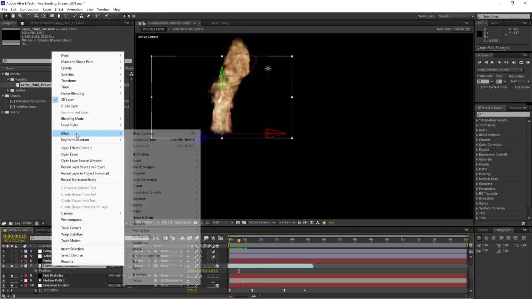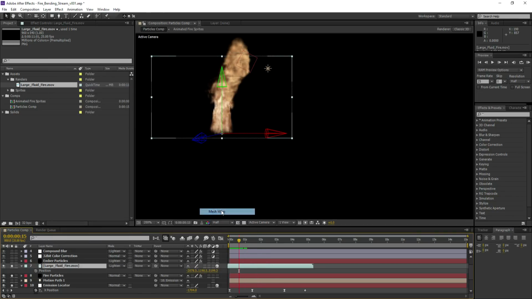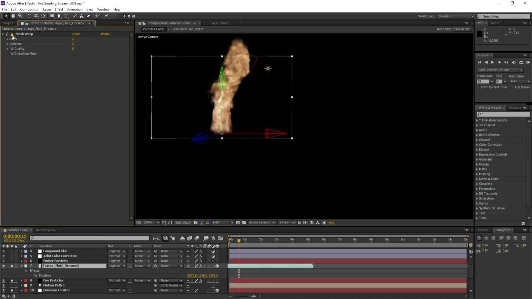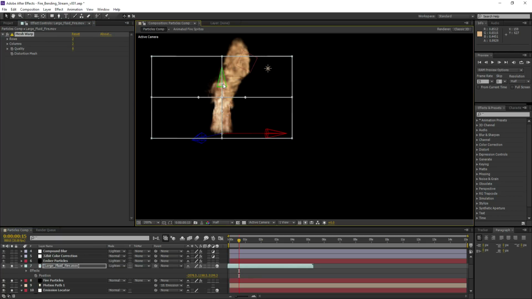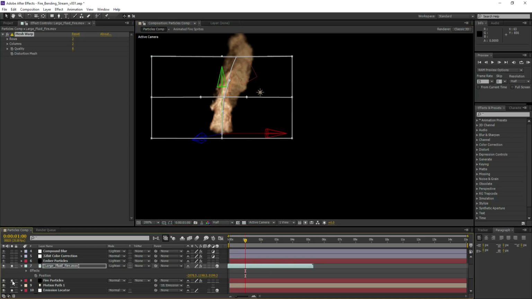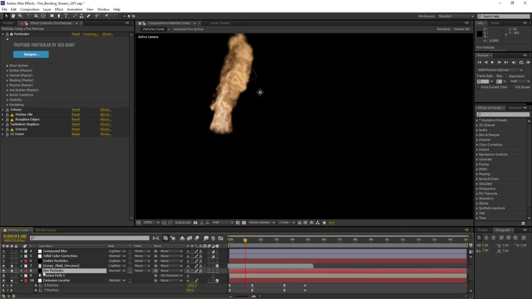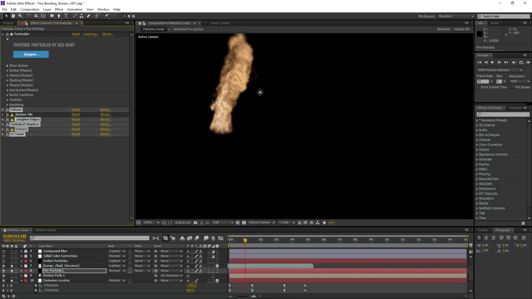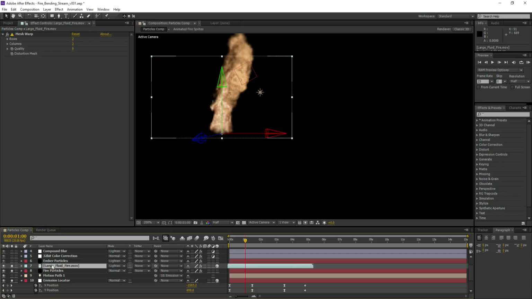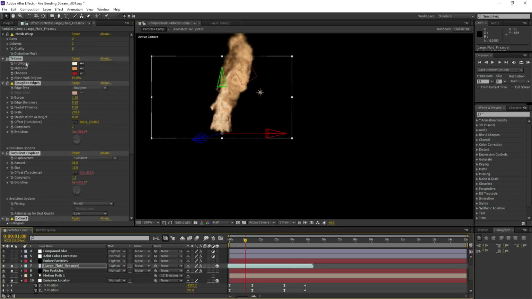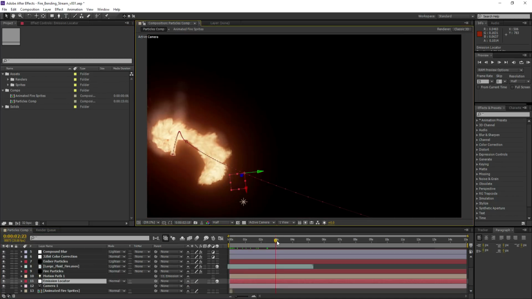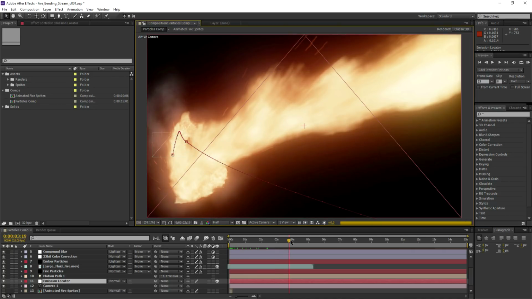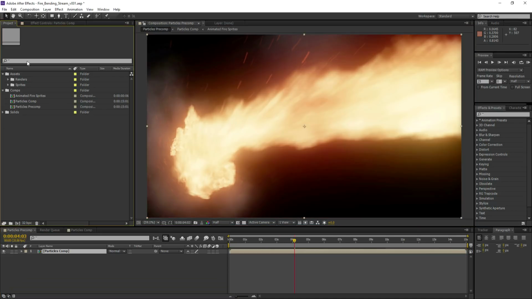Then from the effects menu, create a mesh warp and reduce the rows and columns to 2. Adjusting the mesh handles allows us to morph the fire asset so that it vaguely conforms to the motion path. Select all of the color correction presets from the fire particles layer and copy and paste them into the newly added fluid fire asset. Finally, we'll pre-compose everything into a pre-comp layer to keep things organized, and then we'll create